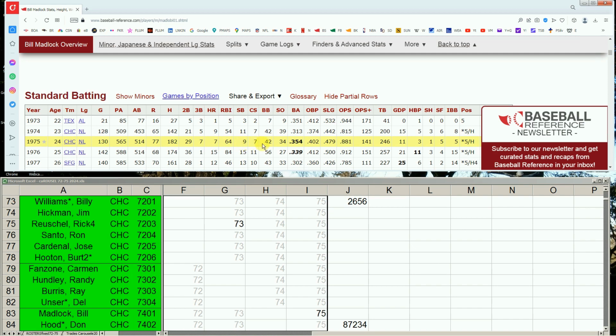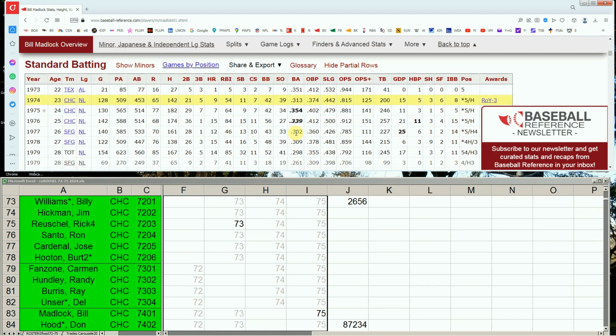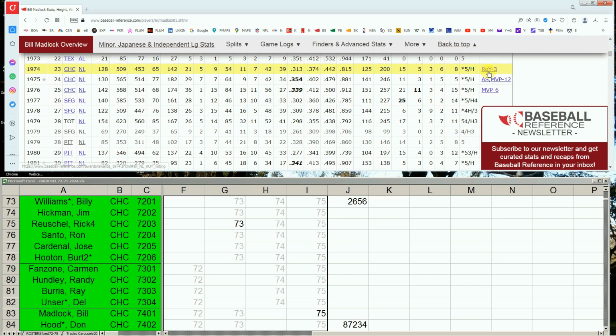Stolen bases about the same. Walks and strikeouts about the same. Really weird. Yeah, the 313 card we're presently using. Here it is. He was third in Rookie of the Year votes in 74. That's the card we have. We could bump it up just to give him a batting title, but